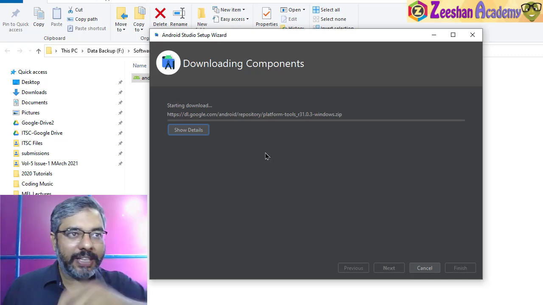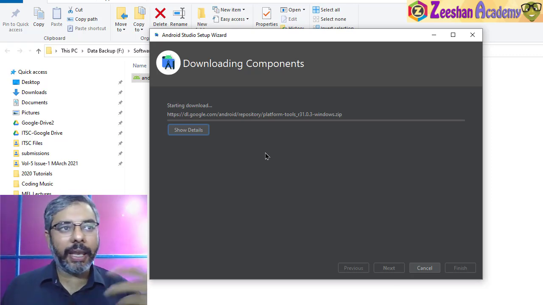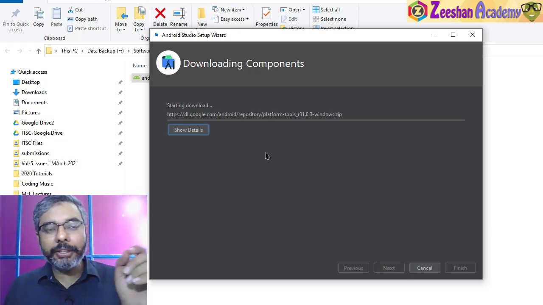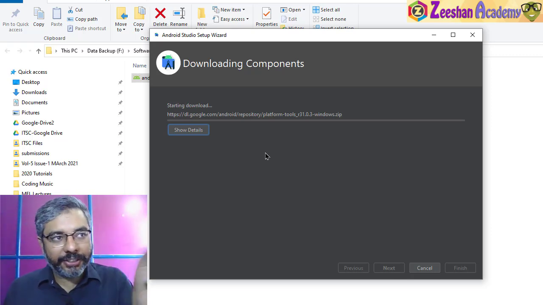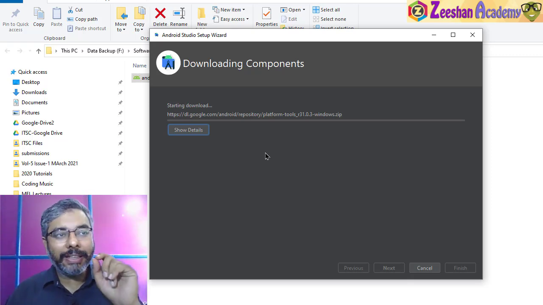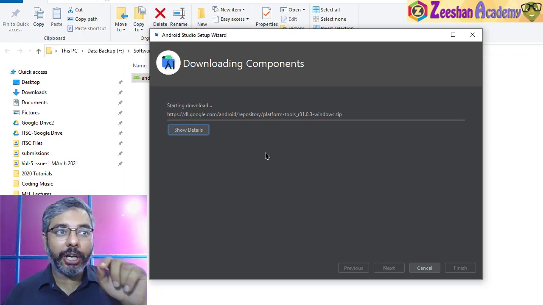Now this is where sometimes it creates more confusion: I installed it, I ran it, and then again it's not showing up. If there is an internet problem, it might not complete the installation, and this is where it will create a problem for you. So do ensure you complete the installation until this particular point, because it requires some additional APIs that will be downloaded from the internet.